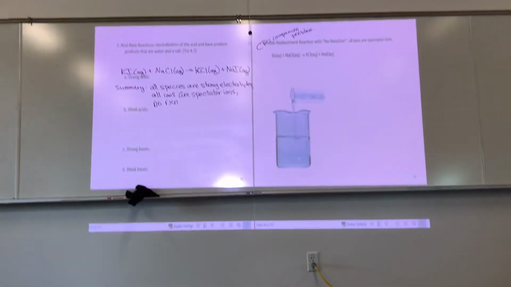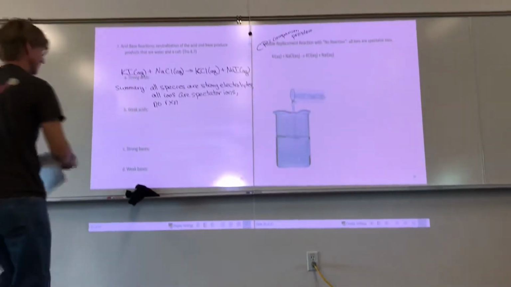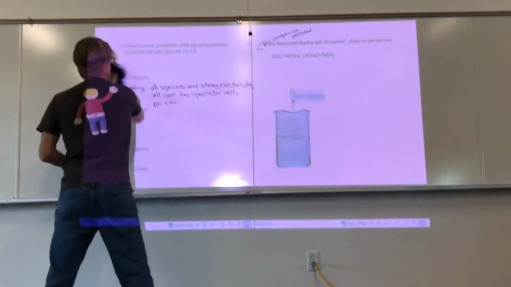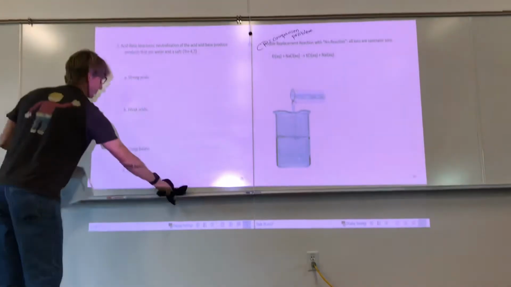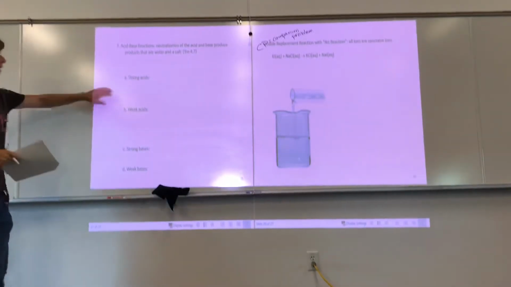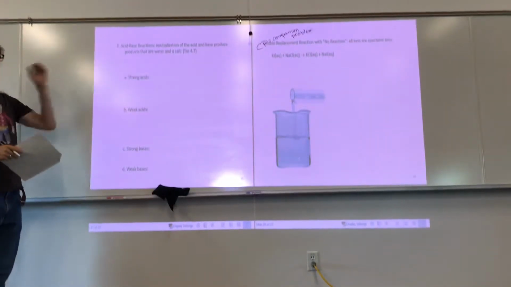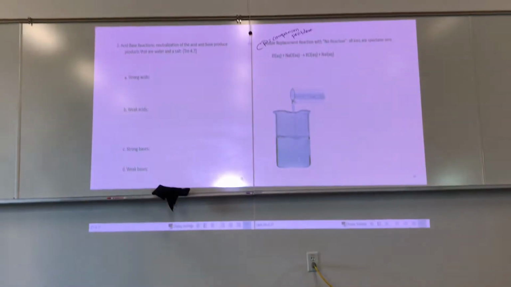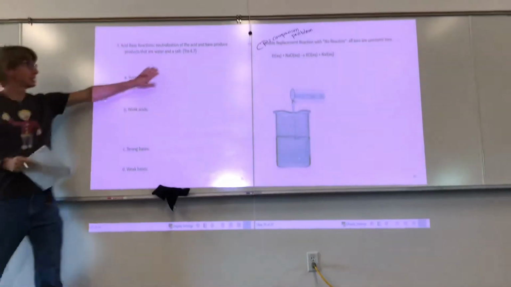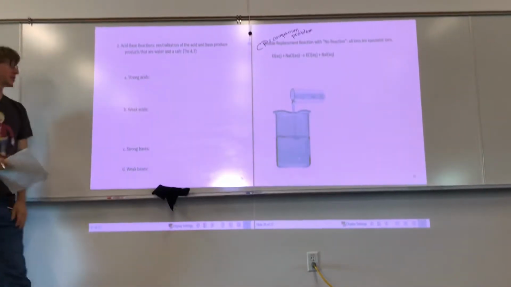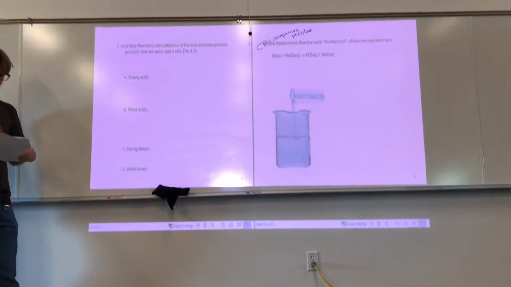Now let's talk about acid-base reactions. Acid-base reactions are a second type of double replacement reaction. Neutralization of the acid and base produce products that are water and a salt. Section 4.7 for those of you following along in your textbook. A couple things we want to say. One,